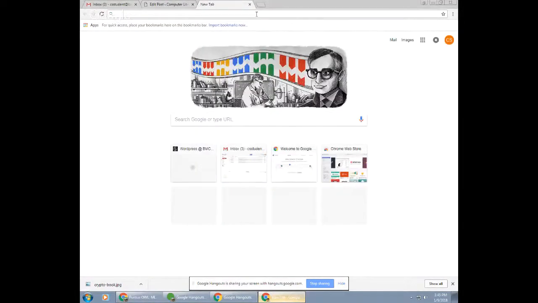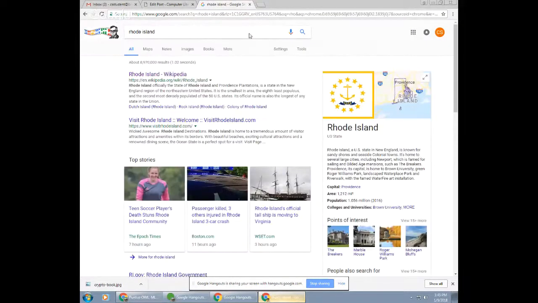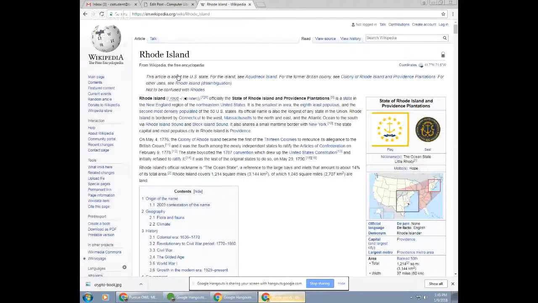Suppose again, I'm looking up information on Rhode Island. I think Wikipedia is a great source. A lot of people say it isn't, and most of those people don't know what they're talking about. It is true that anybody can go to Wikipedia and add entries and edit stuff. It is not true that those edits will make it into the public domain where everyone can see them. All pages that are of significance have a moderator, and the moderator controls what gets published and what doesn't for